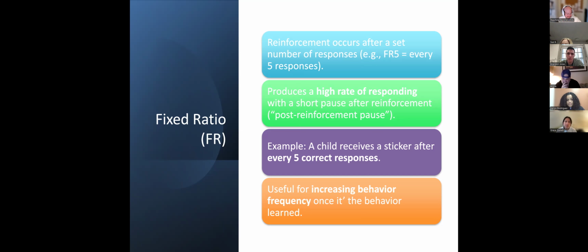Like, what do you mean by quota? Like a continuous reinforcement where we reinforce every instance of that behavior. The idea here is that when the behavior starts to maintain, we want to increase the quota. So we might want to move it to a fixed ratio 5, for instance. So we would require 5 responses before we deliver reinforcement. That's what I mean by increasing the quota. But why would we want to consider doing that?